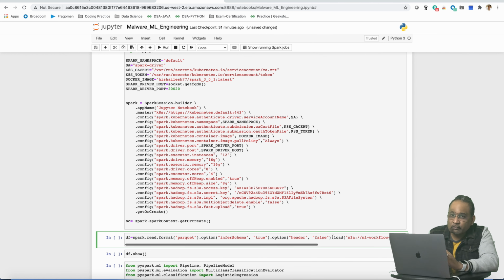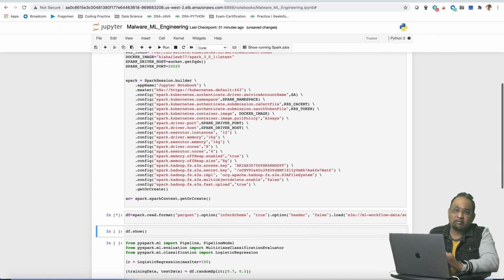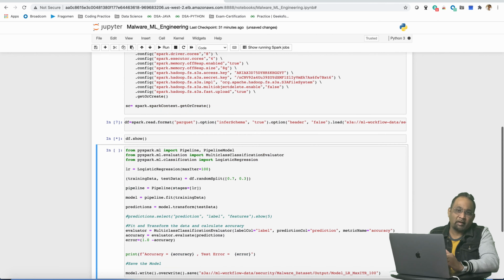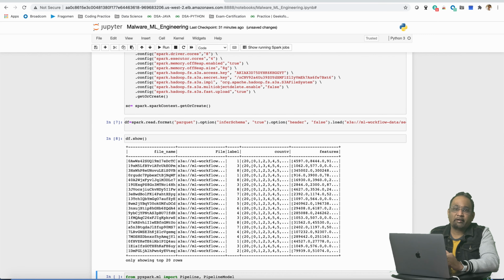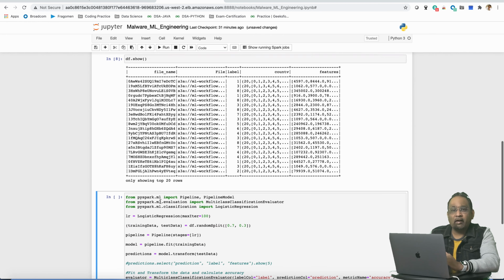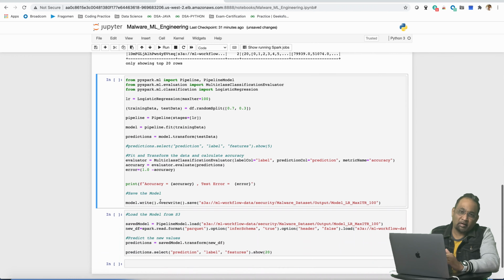Here, the first few cells are exactly the same as what we had seen in the previous exercise, except the underlying language has been changed from Scala to Python. So I am just executing them without much explanation. The first important step is to load the Parquet data we formatted in the last step. Next, we have to initialize the classifier, and here I am using logistic regression, the simplest classification model to start with.